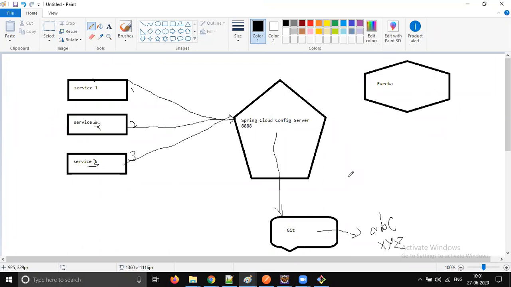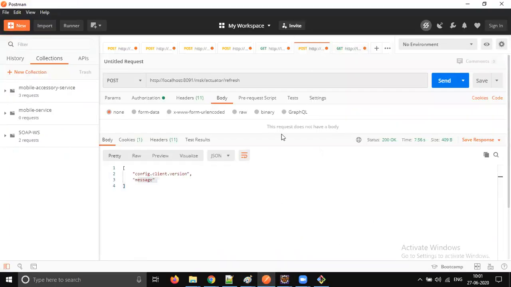Sunil, one thing: we did the refresh by hitting the actuator refresh URL. In real time also we will go and hit this endpoint. Whatever you are doing here, you do in your company. Do we need to write an auto script so it triggers automatically, instead of going to Postman and taking the URL? Yes, Postman, send a post request. You give the script to the person who is updating the properties file, and they will refresh.